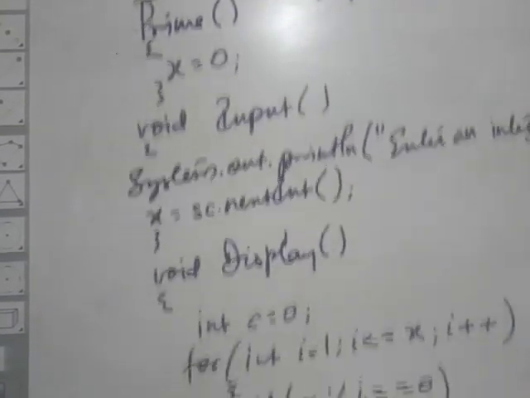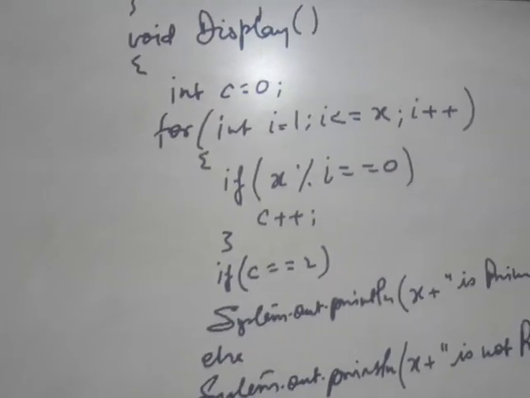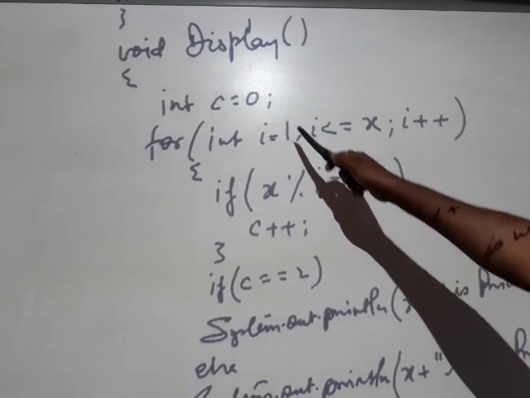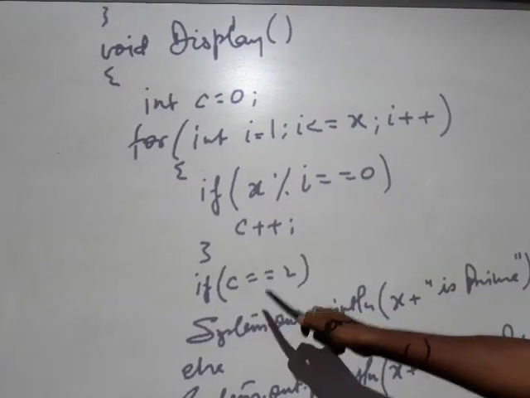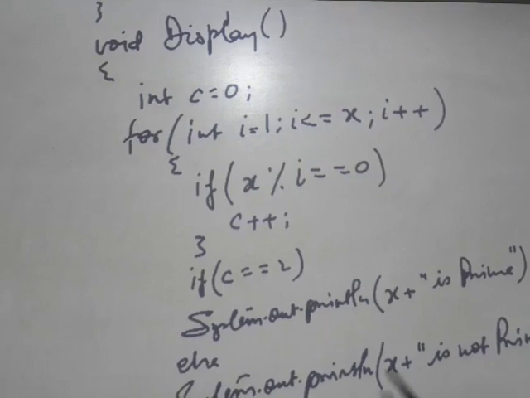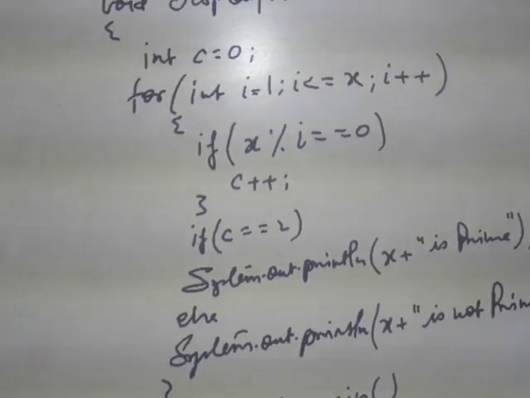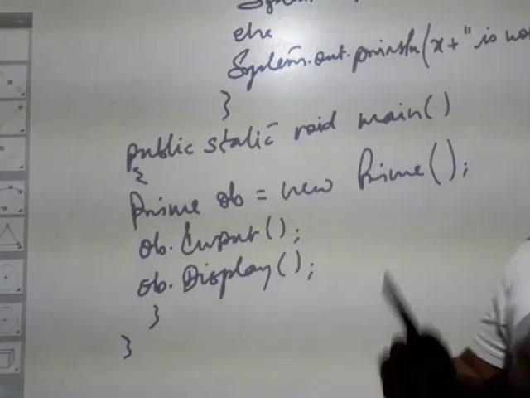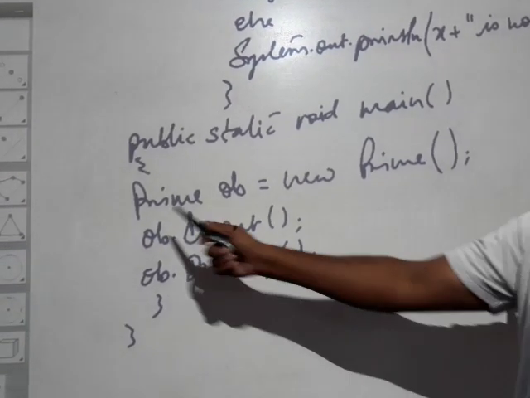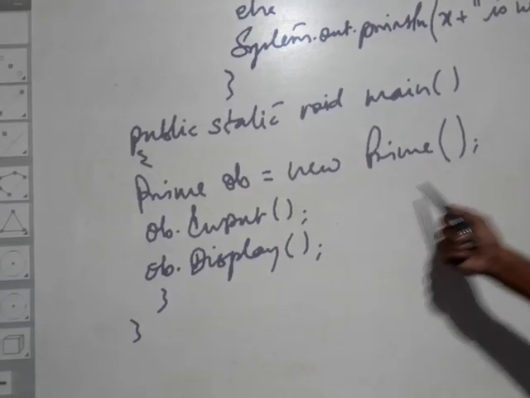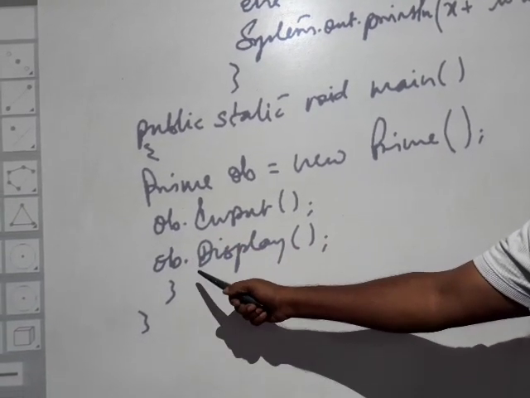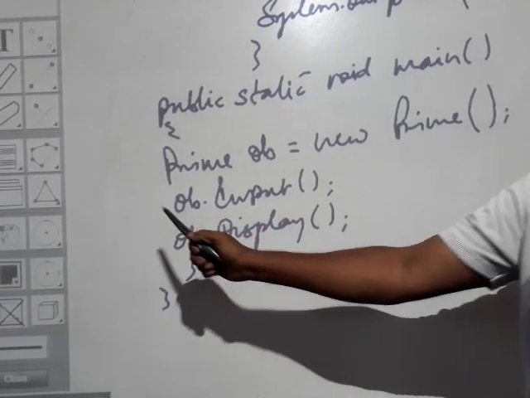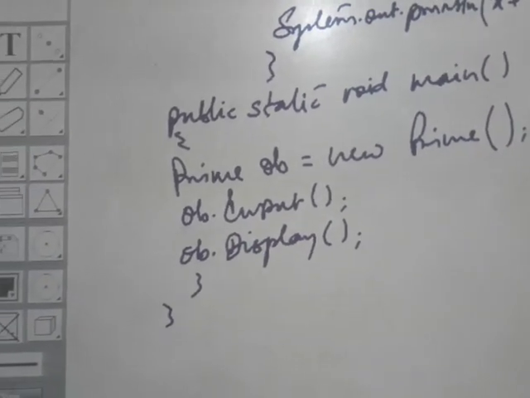Then we have another function to check and display whether it is prime or not. So this is the display function, where c is counting the number of factors. If the number of factors is 2, it is prime, otherwise it is not. Then we move on to the main method. As I said just now, a non-parameterized constructor is never invoked from the main method here. So you just create an object of prime and then call the other two methods, that is ob.input and ob.display, because they are without argument, without return, so they are written as it is.